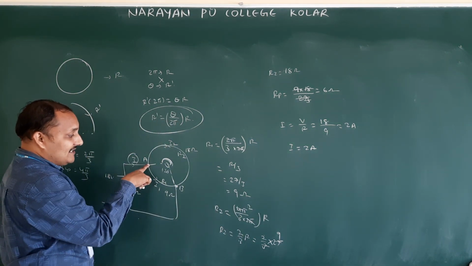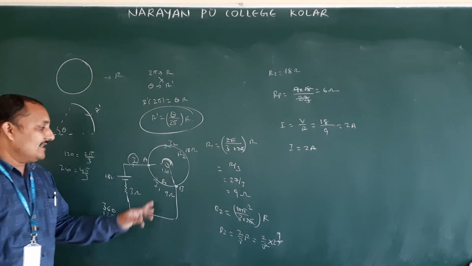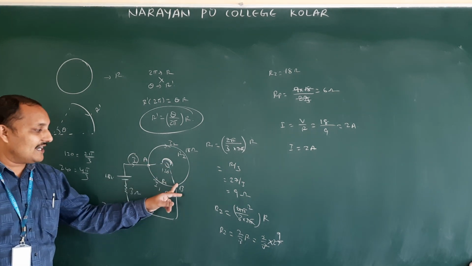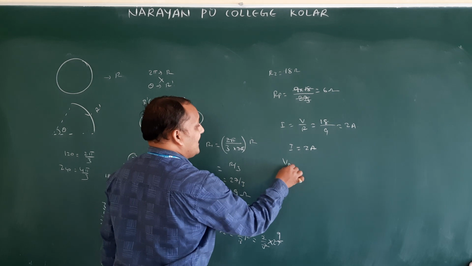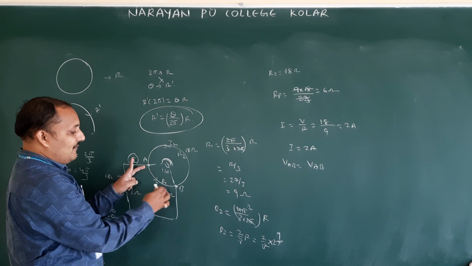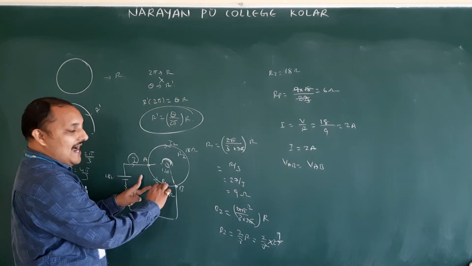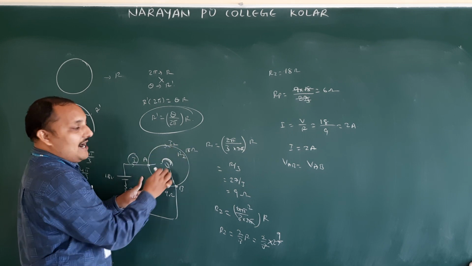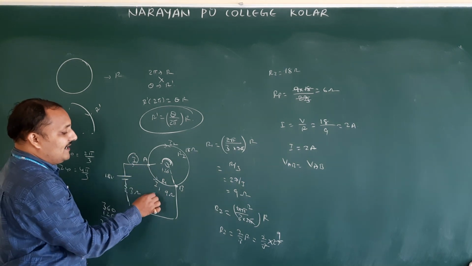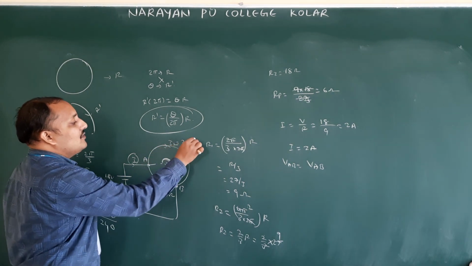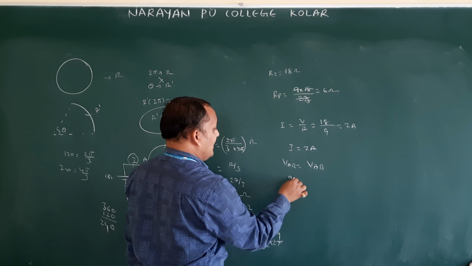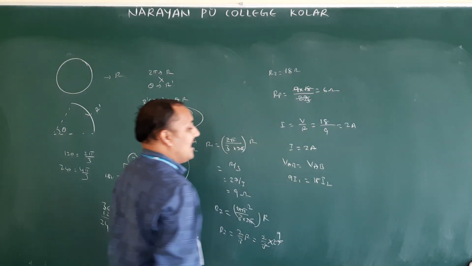But they are asking what is the current through this AB. At that time you should calculate I1, right. How are these two connected? These two are connected in parallel. Parallel means the voltage across A and B will be the same, isn't it? Voltage across AB means the current flowing through this one is I1 into R1, and the current flowing through this one is I2 into R2, I2 into 18. The entering current is 2, so this is I1, then I2 is going to become 2 minus I1. Correct? So the voltage across AB, that is nothing but 9I1 is equal to 18I2.